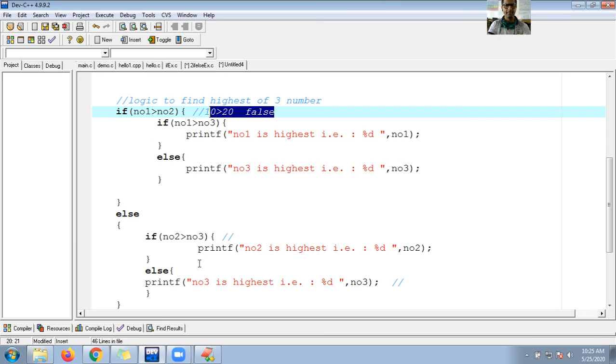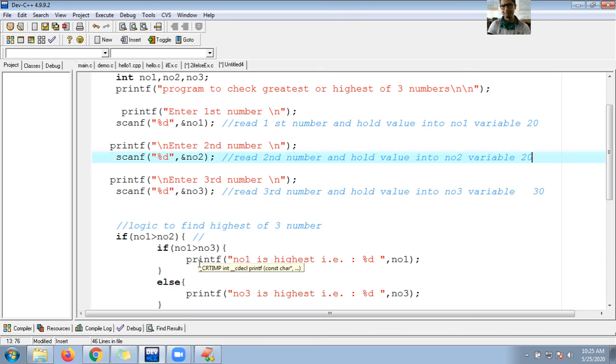Okay guys, now let me go for one different case. Suppose I enter number 1 as 20, number 2 as 10, and number 3 as 30. So 20, 10 and 30.